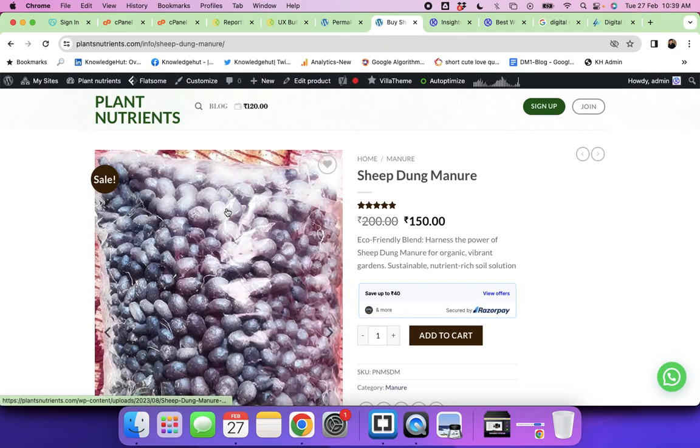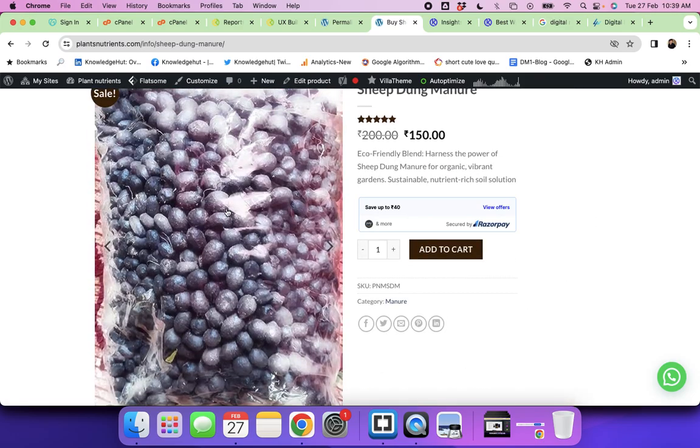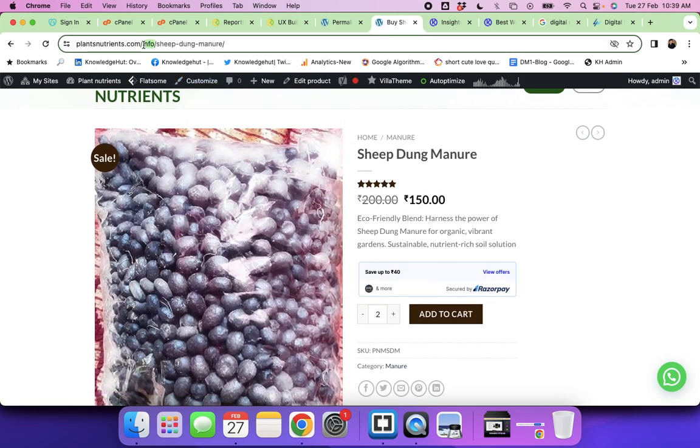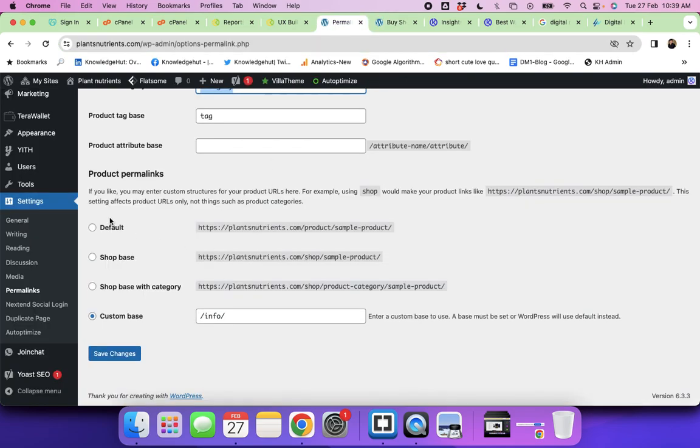so you might find some difficulty. Now look at this. This is the product page. People can order products from here, add to cart and click on add to cart and they can order. That's a different thing. And if you observe the URL, it's showing slash info slash sheepdung menu, correct? Now, ideally, the default would have been slash product slash sheepdung. If you don't want it to be slash product, you can change it to